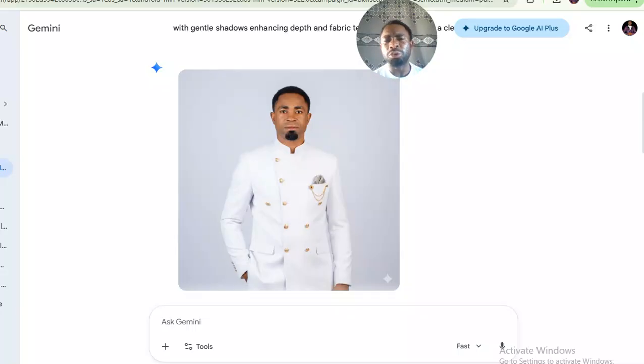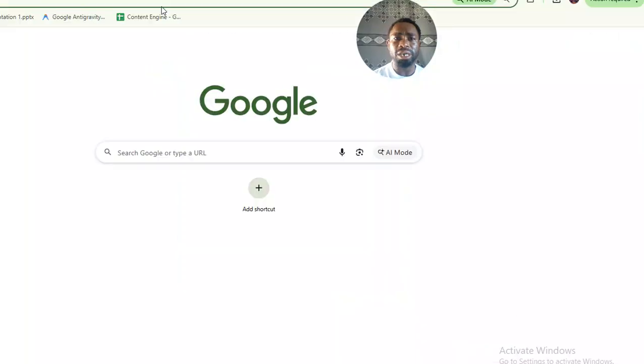Now, if you look at my screen, you will see a portrait. I just generated this portrait with AI, and I want to show you step by step how you can get portraits. You can go to Pinterest, you can go anywhere, and find a sample of the portrait you want to get. For instance, if I come here, I put